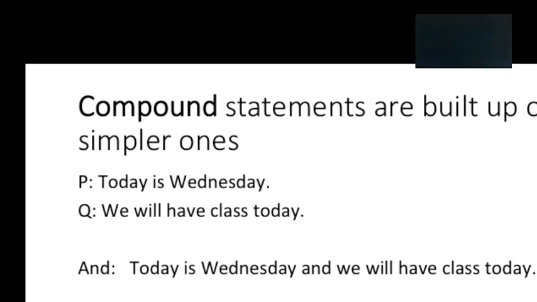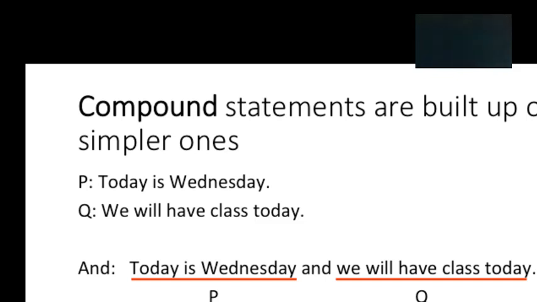Now what we're going to do throughout this entire thing, this is modern symbolic logic, so we're going to use symbols to represent each of the different sentences in most cases. So here I'm using the symbol P to represent today is Wednesday, and the symbol Q to represent we will have class today. So here's P and Q right there. You can see the 2 smaller statements that are part of the big statement. And then the big statement is an and statement, which takes P and Q and puts them together to make a bigger statement, the whole claim that today is Wednesday and we'll have class today. And I'll call that P and Q.